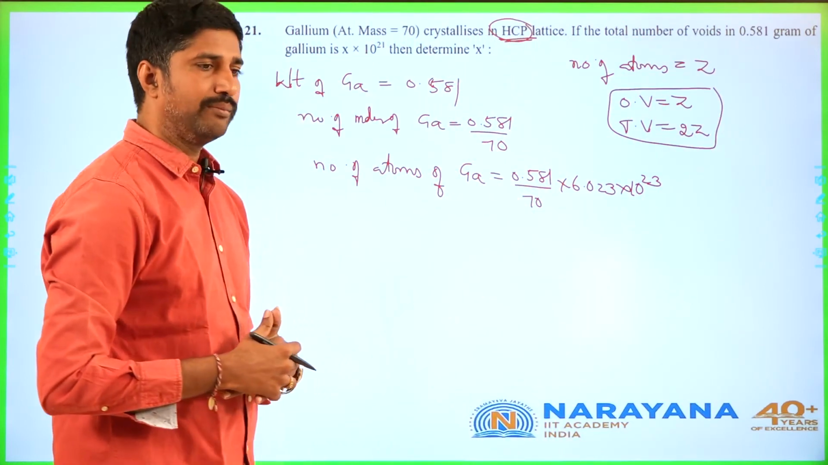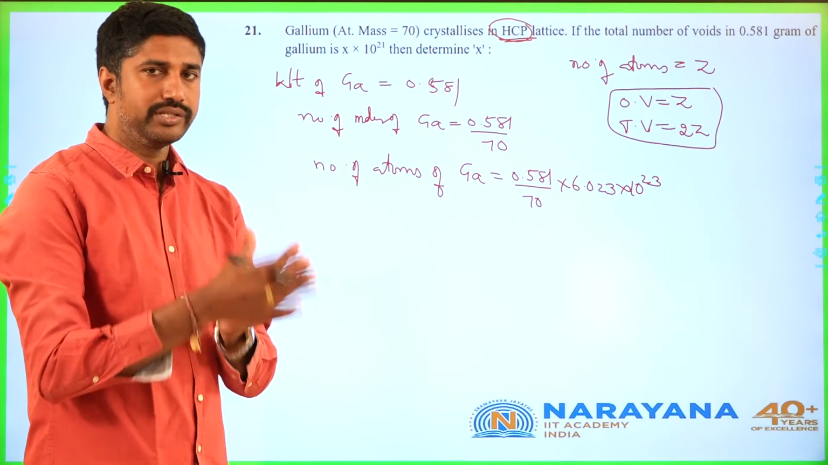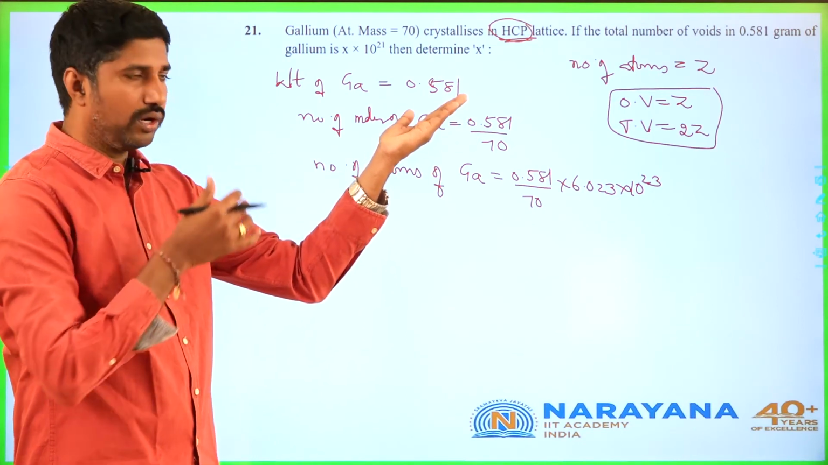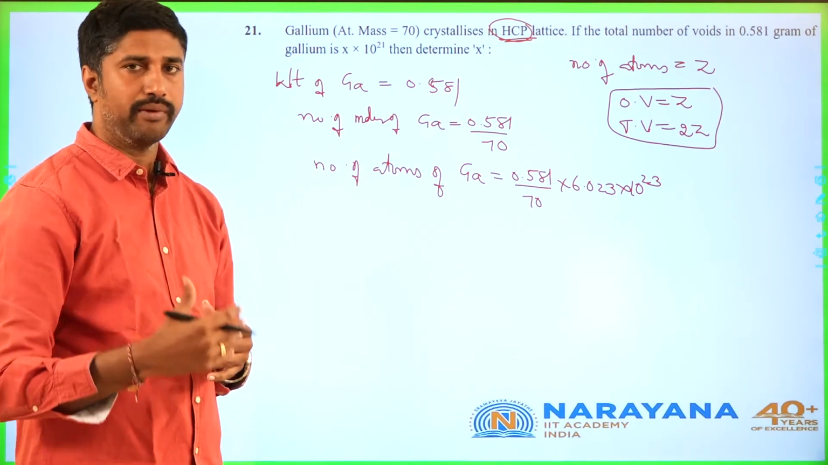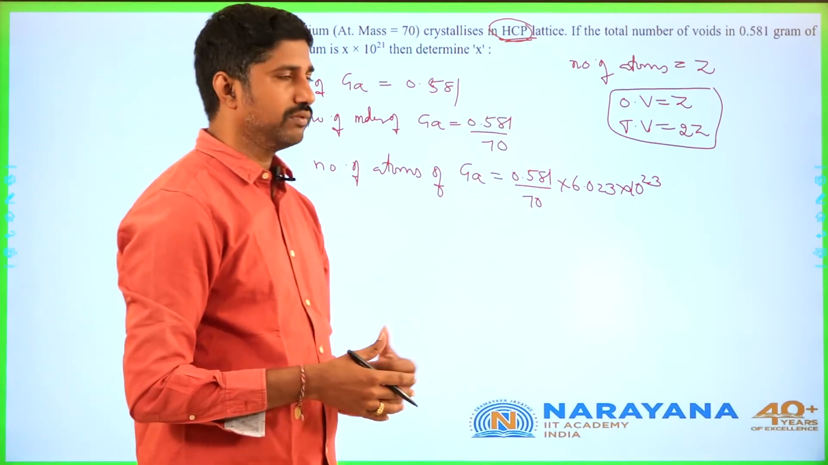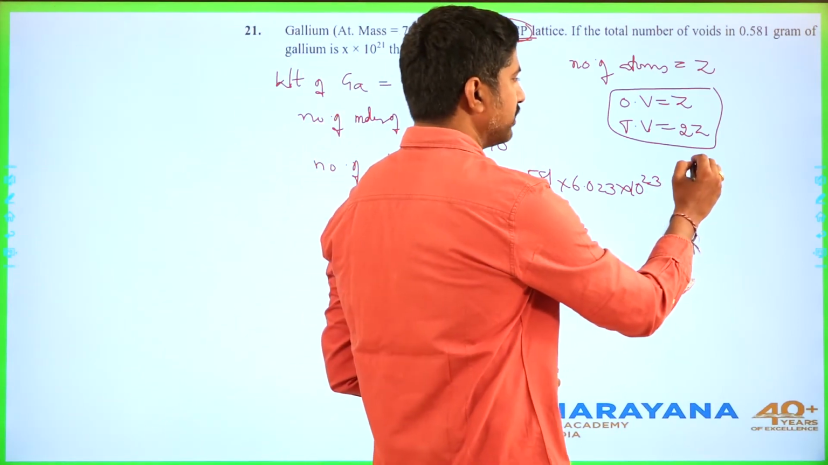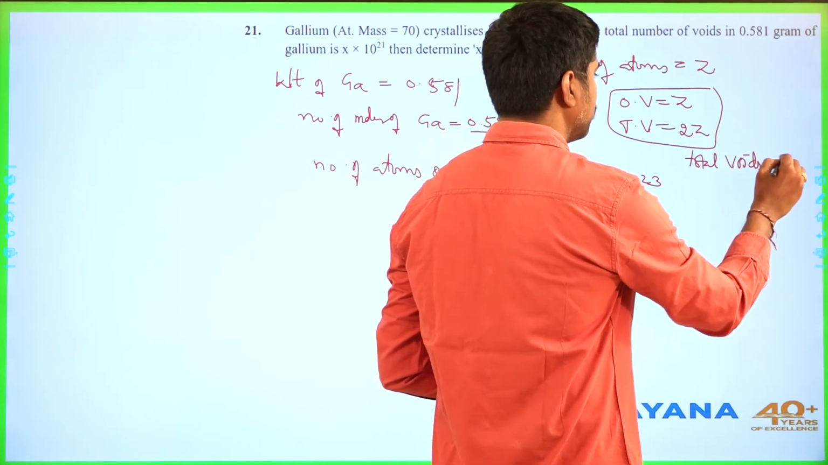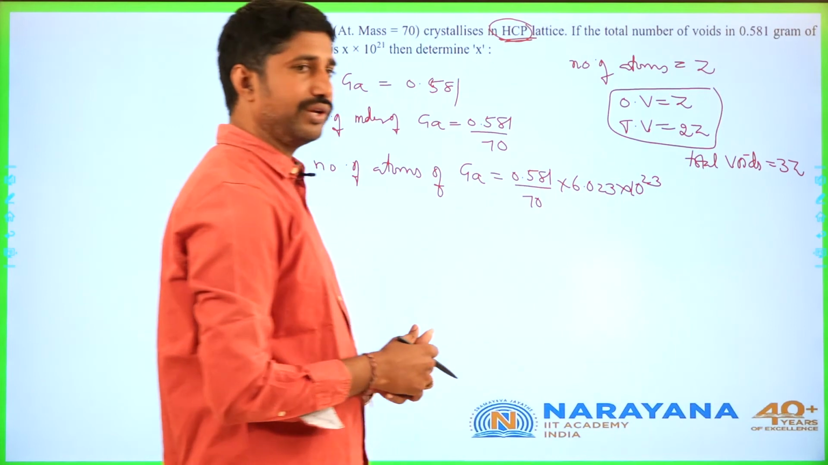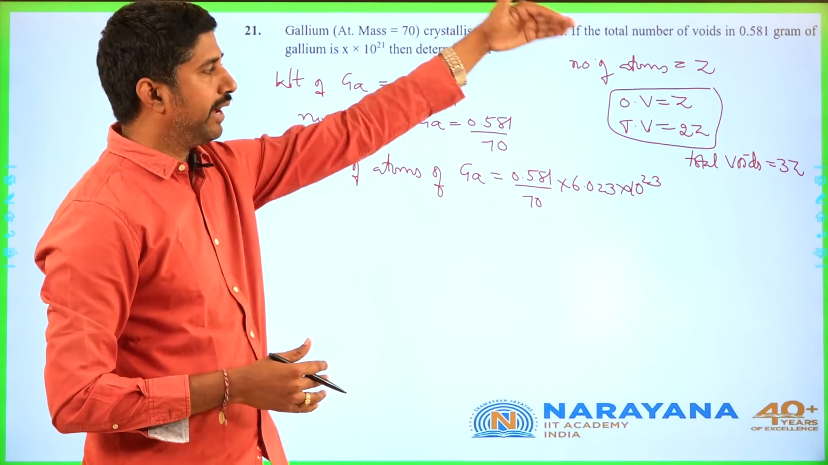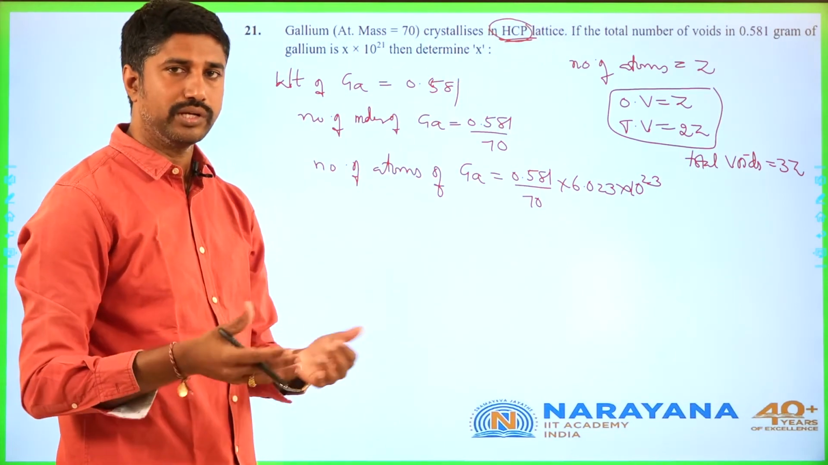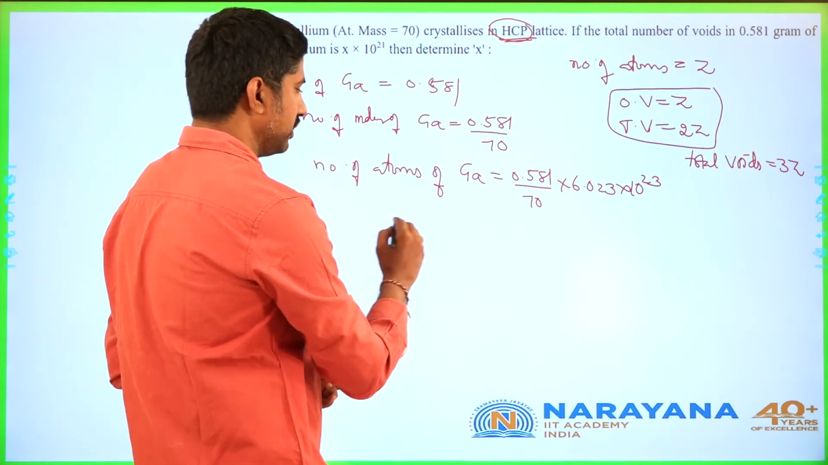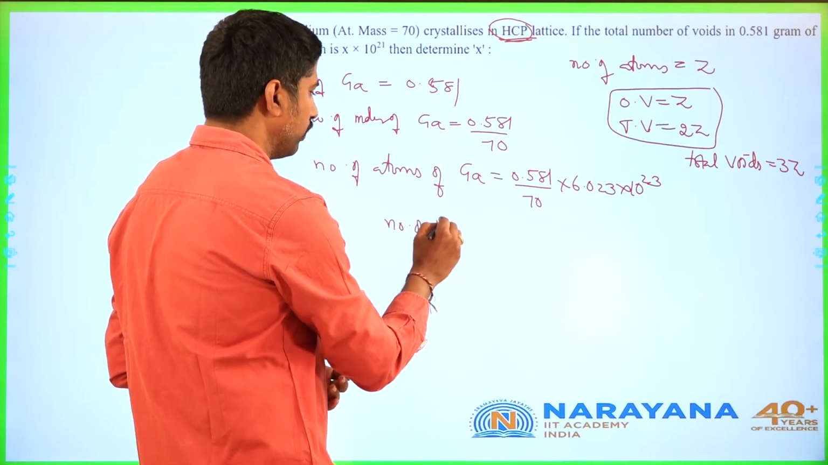If the number of atoms present in a given unit cell is Z, then the octahedral voids will also be Z, and the tetrahedral voids will be 2Z. And then what is the total number of voids? Total voids we can mention as 3Z. So the ratio of number of atoms to total number of voids is always 1:3, so that the total number of voids will be